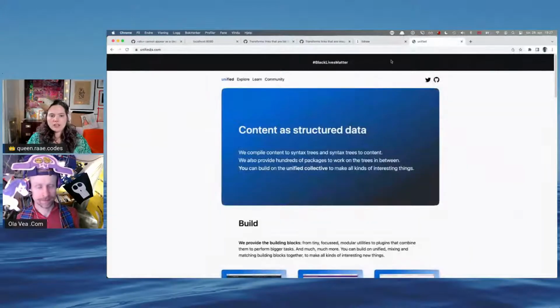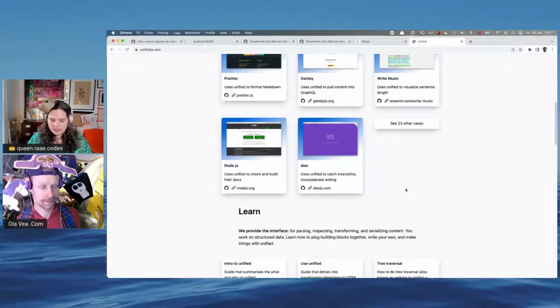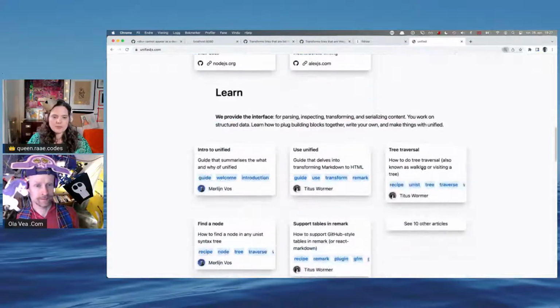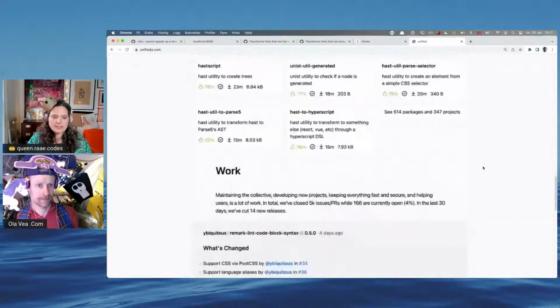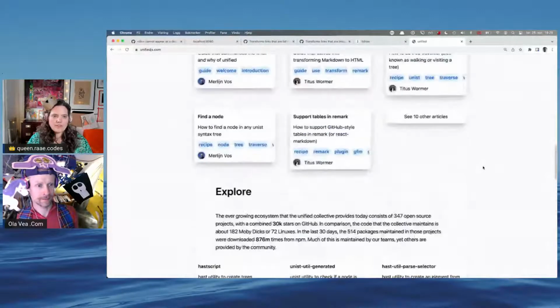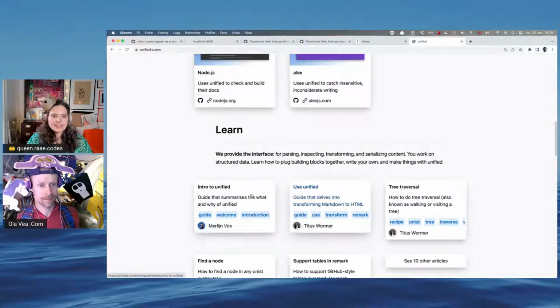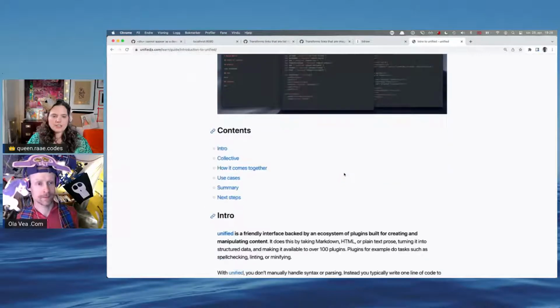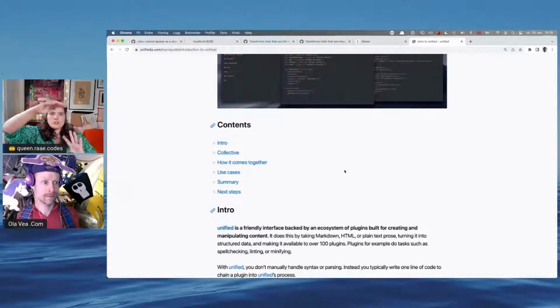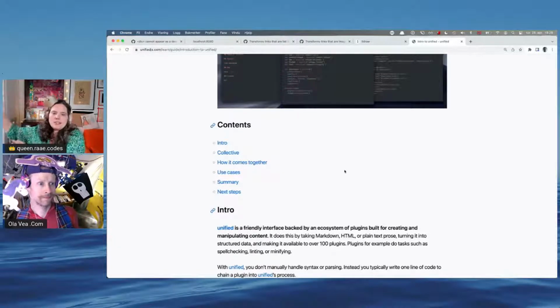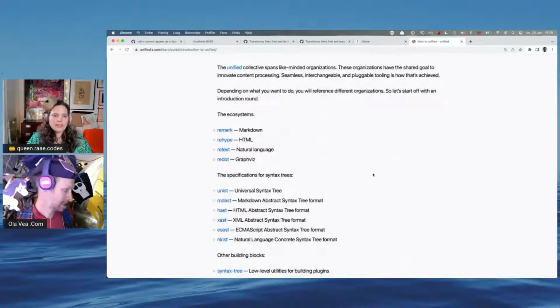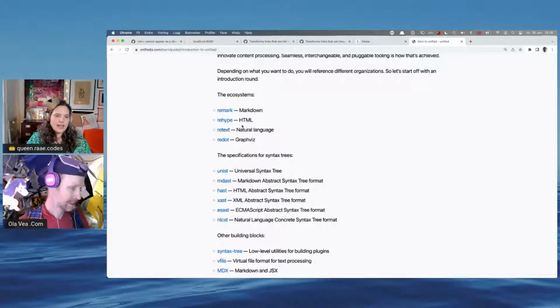But there are all kinds of different parts to this ecosystem, and it's really interesting. I'll probably do more work on this and share more of that as I learn, because it's a little confusing to begin with. But when you start understanding that these are trees and you can do transformations on the tree, transform it into a different tree, and then make it into a string again, there are all kinds of things we can do. So there's the natural language, a graph ecosystem, an HTML ecosystem, and a Markdown ecosystem.